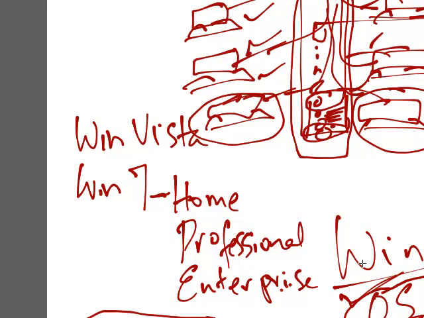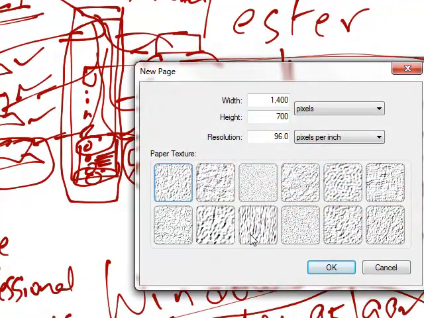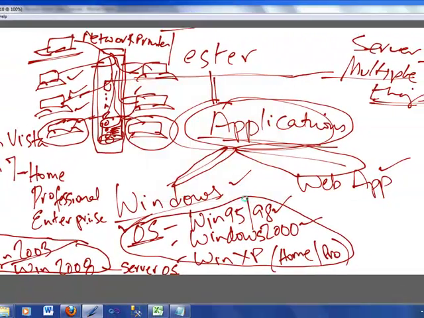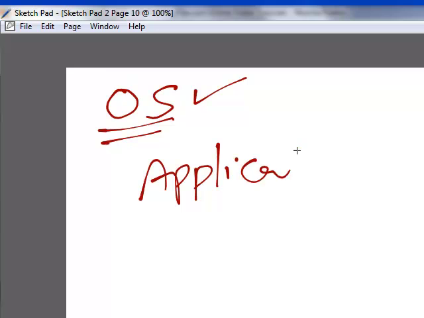Now let's talk a little bit more about the other things which you as a tester need to know. We talked about the operating system, and the different types of operating system. You know the difference between a home edition and a server edition of it. Now let's talk about the applications themselves. When an application is developed,